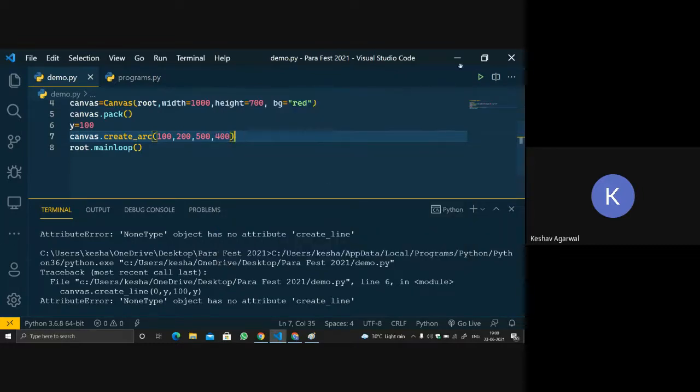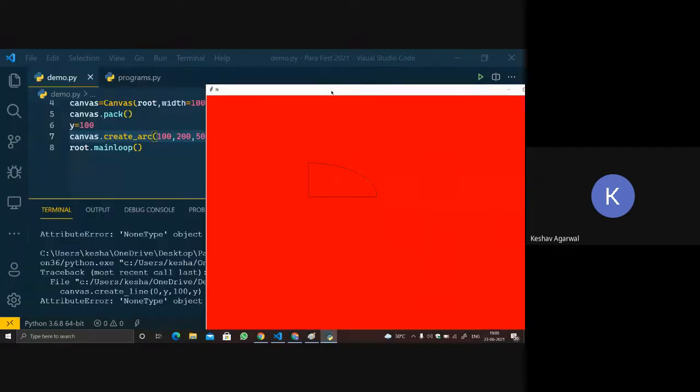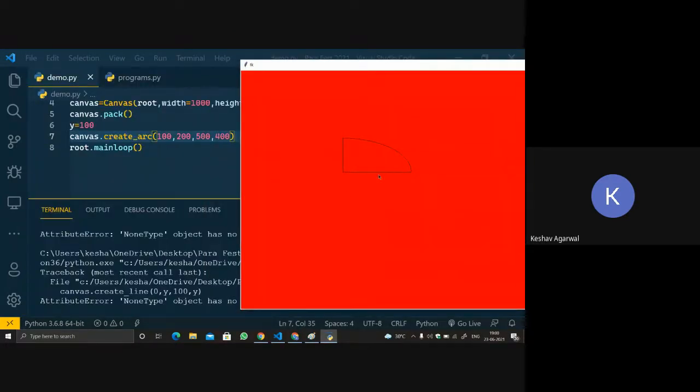Okay, so we got an arc that was originating from 100 to 500 in the x, and 200 in the y-axis, and 400 again in the y-axis. So this is 400 and this is 200.